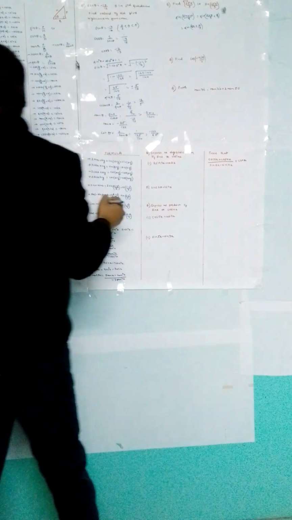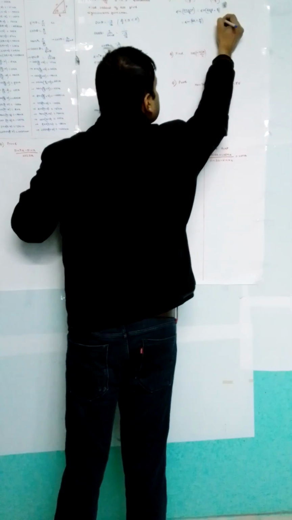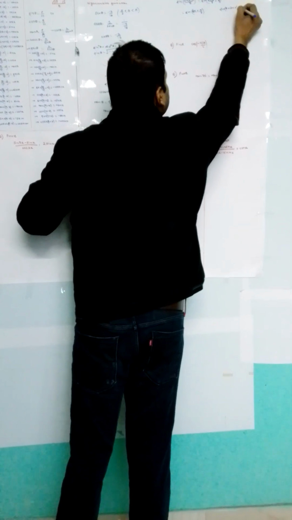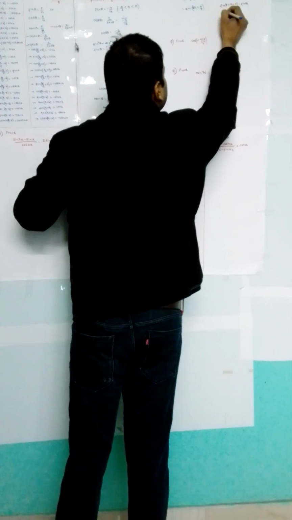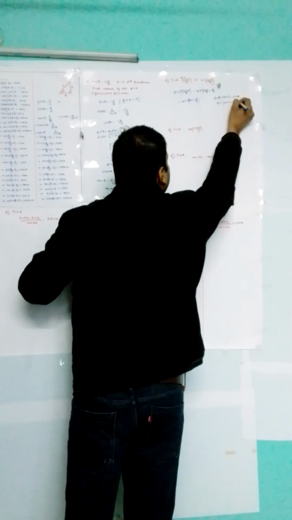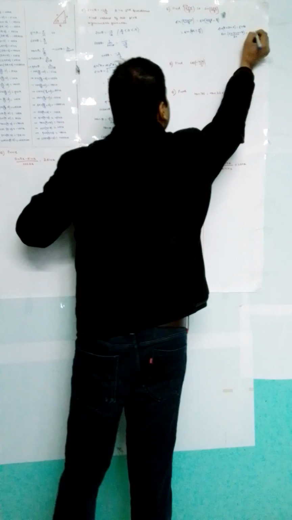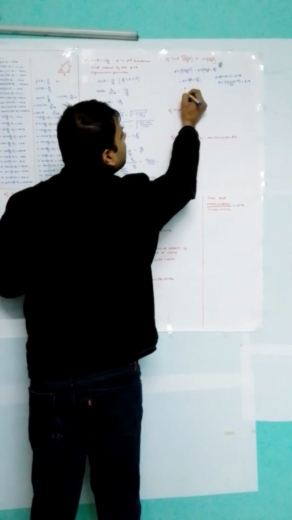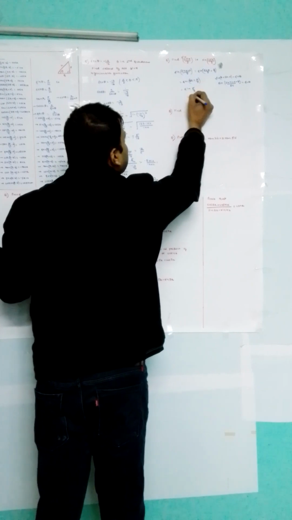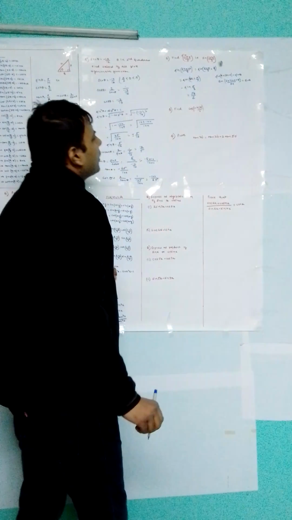See, this can be written as sine of theta plus 2n pi. This you have to learn. Look, sine of theta plus 2n pi equals sine theta. So we can write it as 2 into 4 into pi plus theta, which is 8 pi. That is sine theta. So it is sine pi by 3, and we know that the value of sine pi by 3 is root 3 by 2. Okay, it is root 3 by 2.